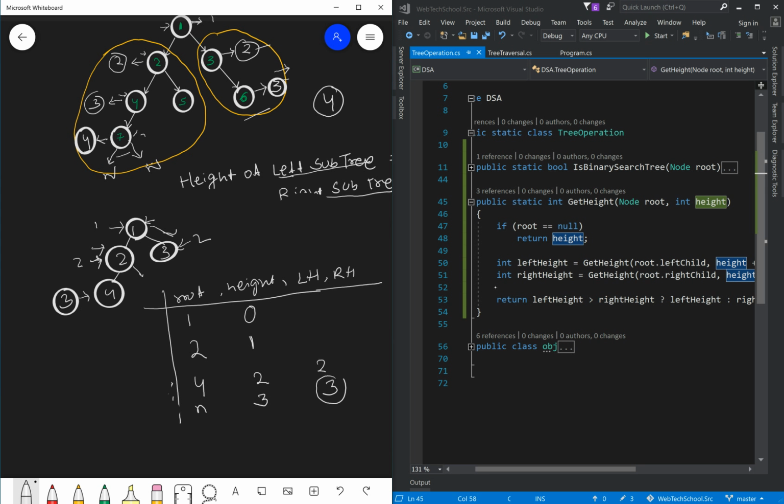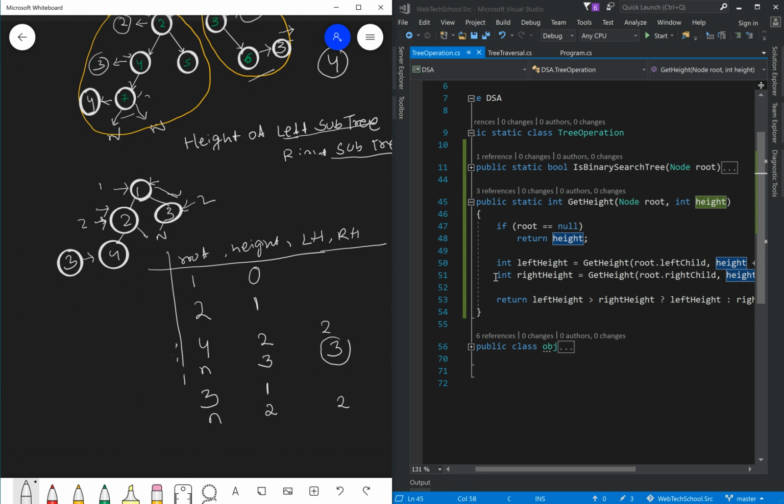For the right subtree, it's going to pass the node 3 and the height as again 1. Then it's going to pass the root dot right child again. For node 3, it's going to execute line number 50. For line number 50, node dot left is null, so this value will be null, and the height would be incremented by 1, so this value will be 2, and the left height would be 2.